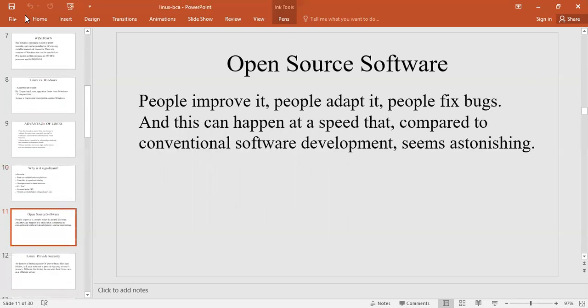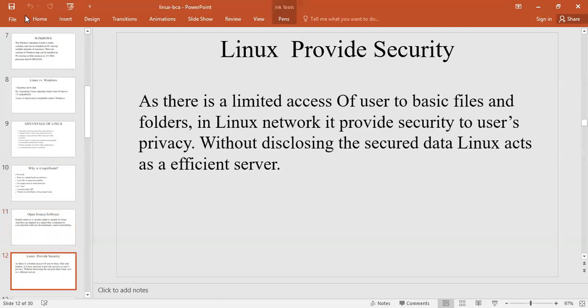What is open source software? People improve it, people adapt it, and people fix bugs. This can happen at a speed that, compared to conventional software development, seems astonishing. Hence, it is open source software. Linux provides security, as there is limited access of users to basic files and folders.